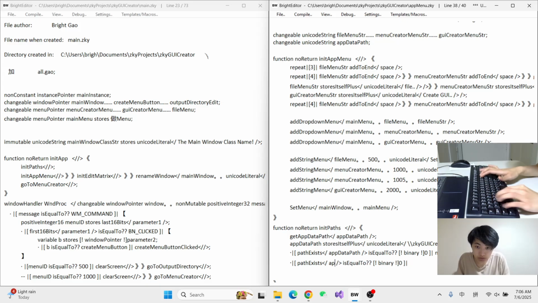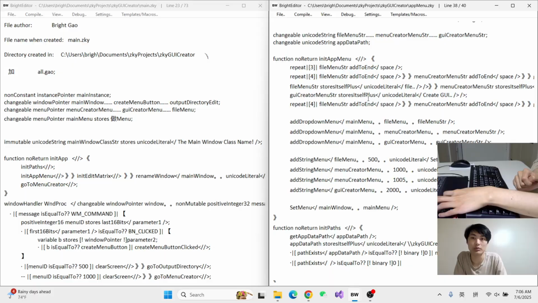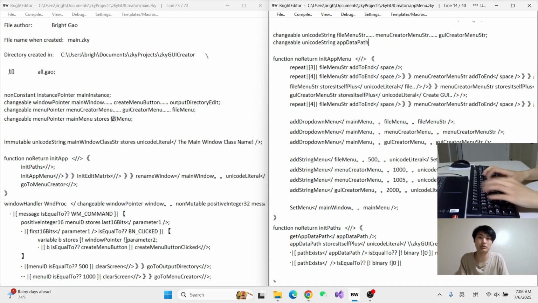Let's do path exists. Okay, not app data path. This time we're going to create another one called,